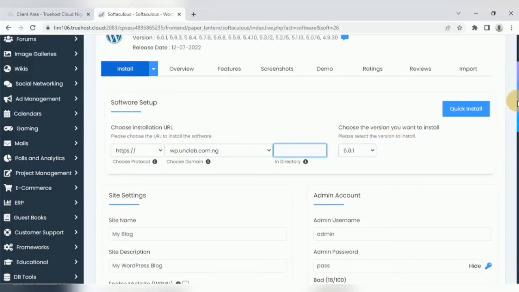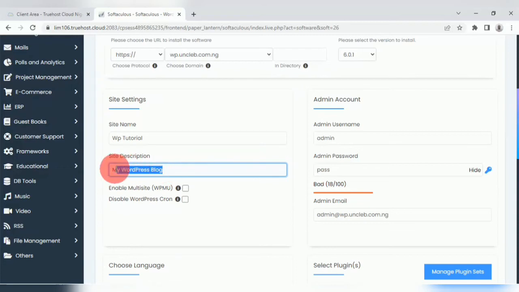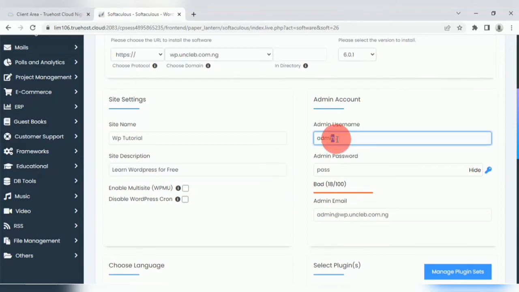Next, you need to give your website a name by typing the name here. So I can say WP tutorial, and I can give a description, say learn WordPress for free. Then you can give a username. I always recommend you don't leave it as admin. Change this. I can say WP Tut,